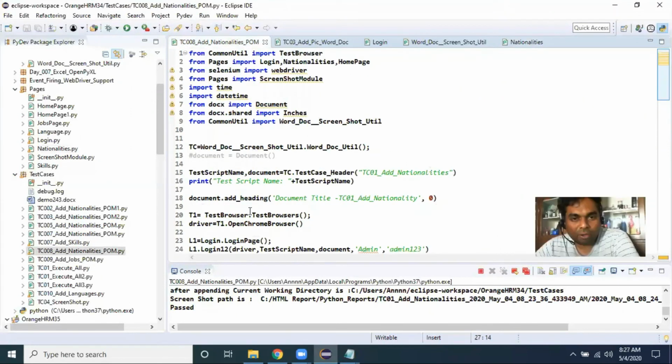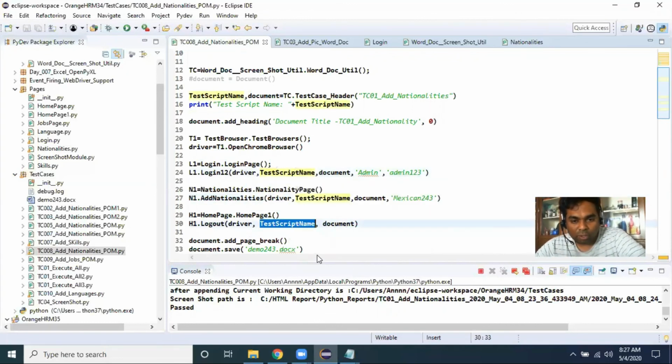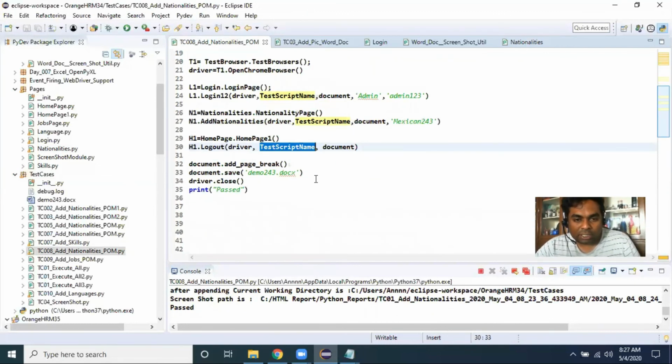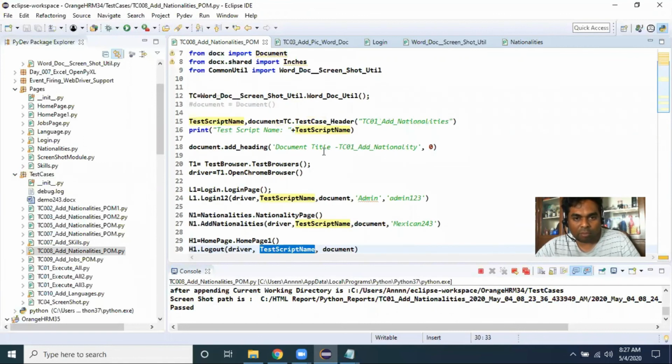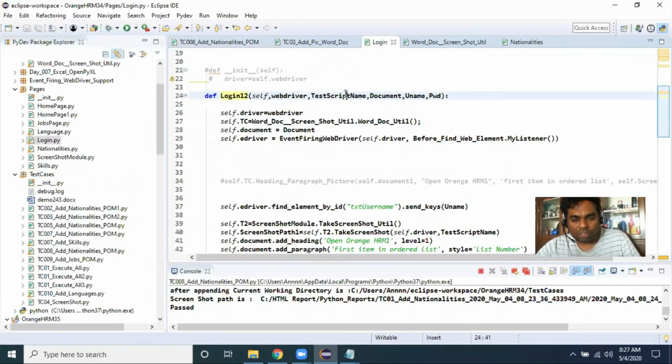Because the login method is executing and then it needs to be placed at one folder location. So this is the date and timestamp created when the screenshot module is working. So the first time I go to my login method, this test script name folder won't be there. So when this test